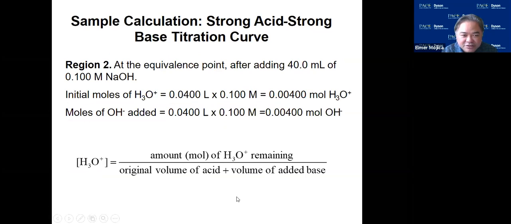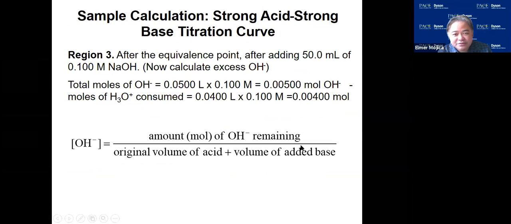Now the second region that we have here at the equivalence point, when 40 ml of the NaOH is added, so this is what we have. So the pH that we have here will just be equal to 7 because everything is used up. And after the equivalence point, so you added what? 50 ml. So you have an excess of 10 ml